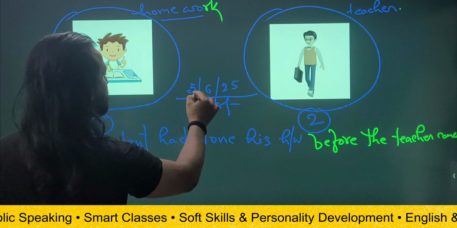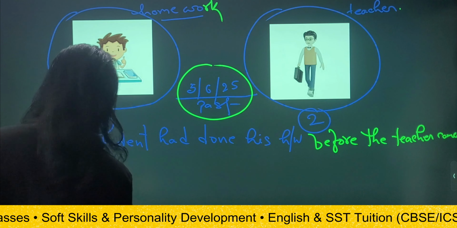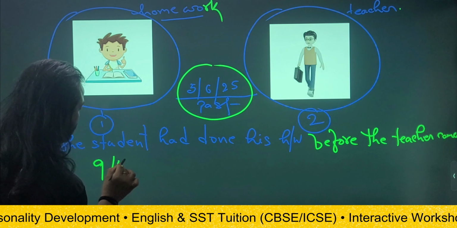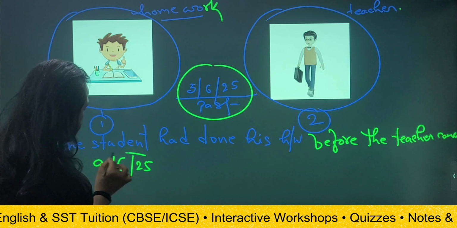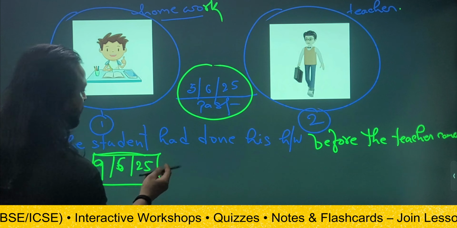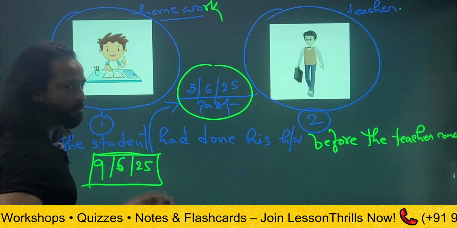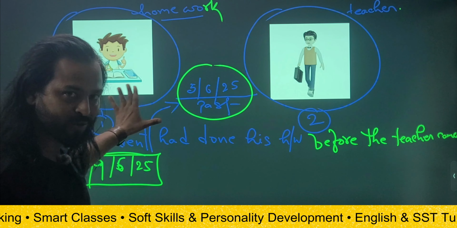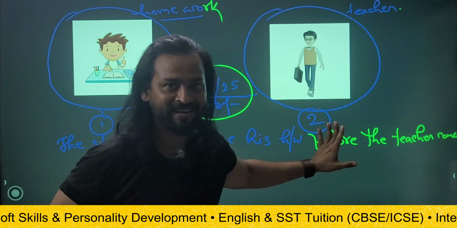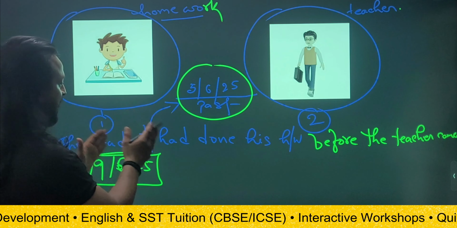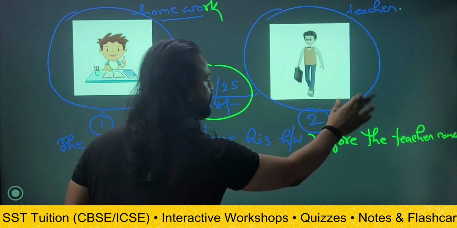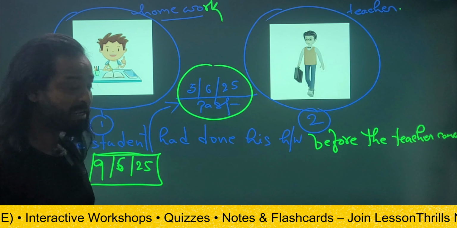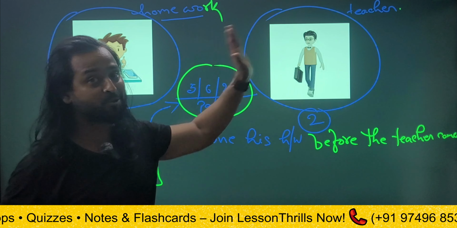Past के दो incidents. ये देखिए, 5 तारीख का है। आज है 9 तारीख, it's today, it's today. So आज मैं बैठे बैठे 5 तारीख की बात बोल रहा हूं कि 5 तारीख को ये स्टूडेंट का होमवर्क हो चुका था, ये टीचर आने से पहले। It means the student had done his homework before the teacher came. Okay, so इसी तरीके से दो incidents, past के दो incidents हम जब